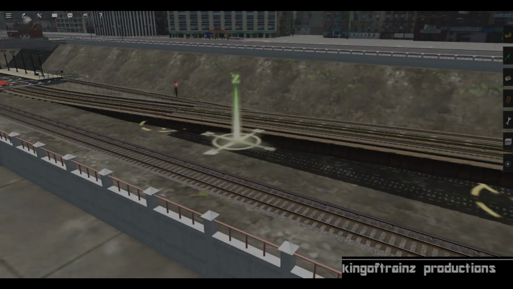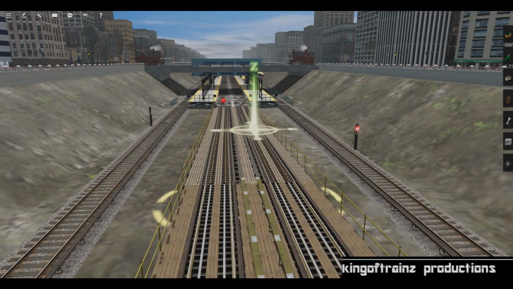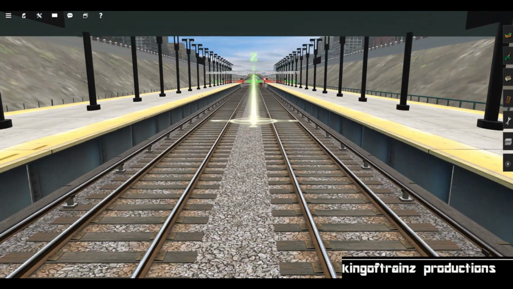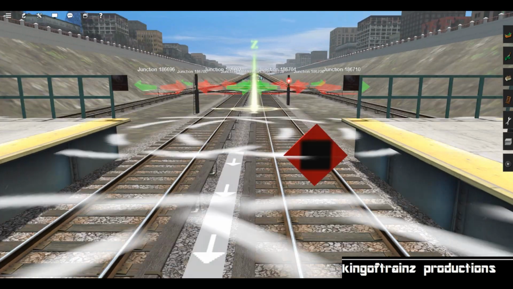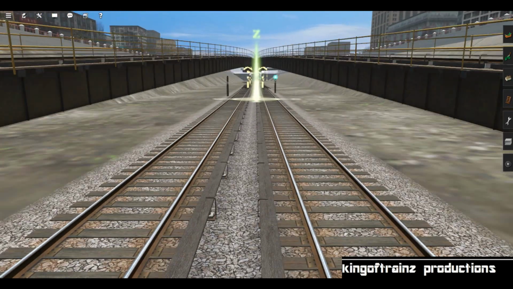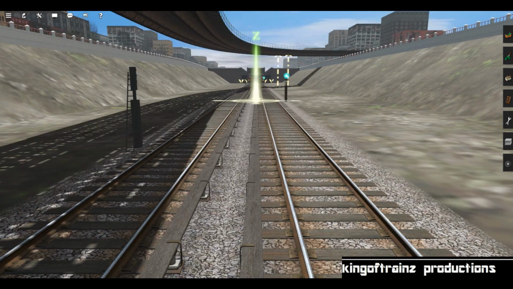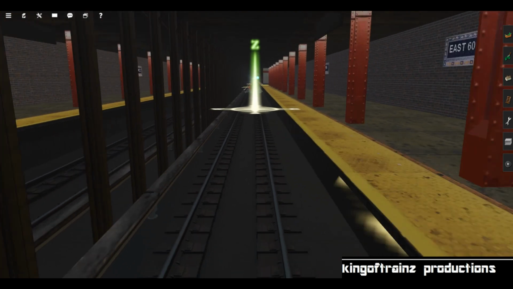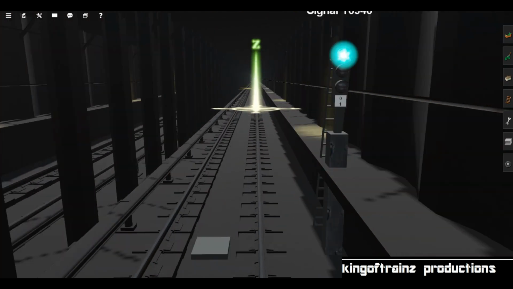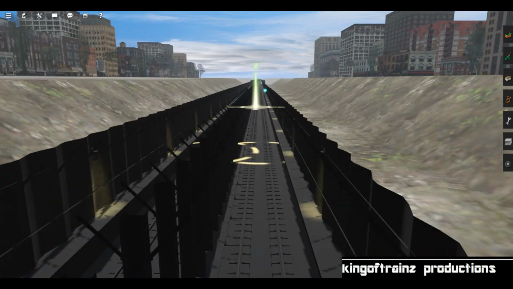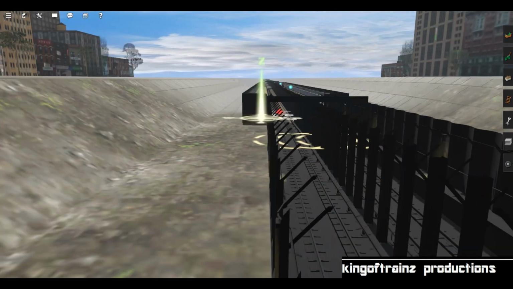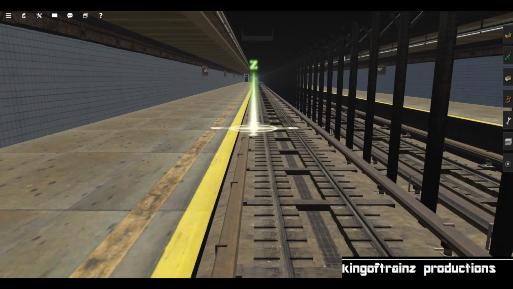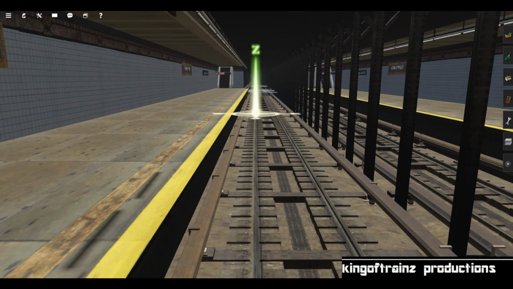So in today's video I just want to show you what I've accomplished since last time. I've done quite a lot of work on the map behind the scenes since last time, so I just wanted to show you briefly what I've done. For starters, I've redone a lot of stations. A lot of the IND station objects were glitching out and messed up the track marks, and tracks were going missing, so I had to redo a lot of stations on the J line as well as the A